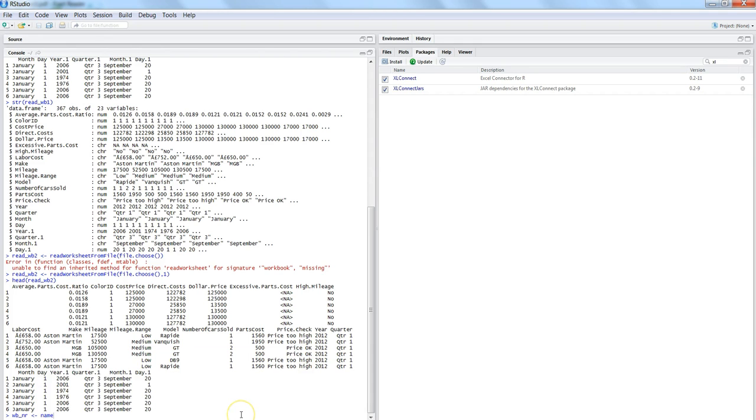read name range. Yeah, so again you have two options here, like load workbook, read sheet and read sheet from file. Similarly, for the first option, you need to first load the workbook and then utilize this function read named region. But if you want to do everything in one step, then specify read named region from file, and here in this case we will specify the file name,